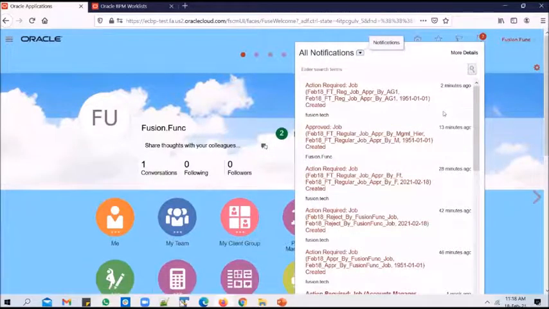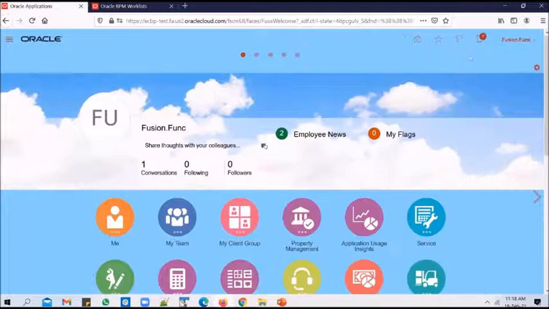Well, that's okay, but I'm not sure what went wrong here. You can put in another request, and you will notice that after 3185 approves it, it will go to Fusion.Func user for approval.